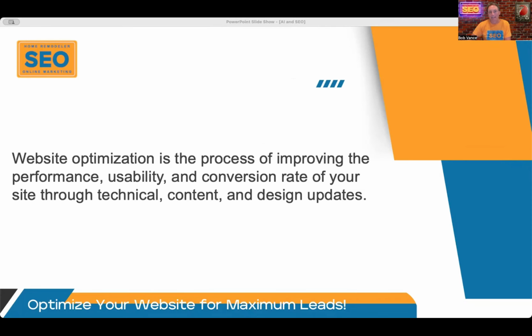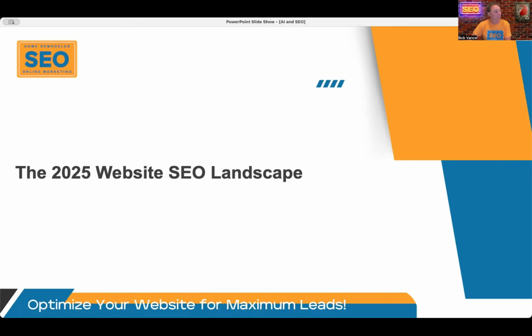Now it's AI at the top. And so that's going to be setting different expectations for users, higher expectations. And so it really brings us to that point where website optimization is no longer optional. It's really a competitive necessity in today's digital landscape.